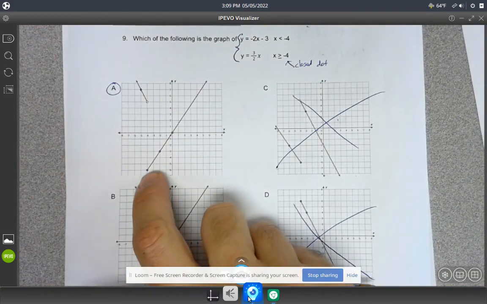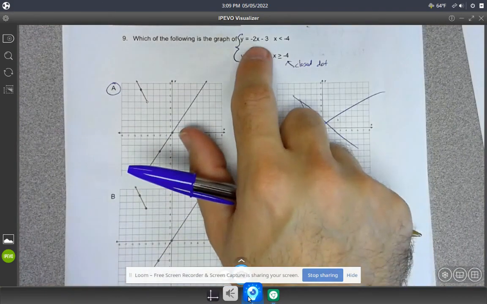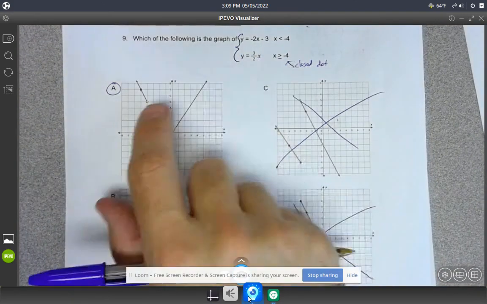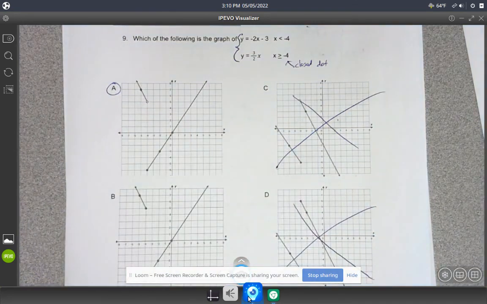Okay, it's got a closed dot right there. And then for the -2x plus 3 portion, it's got an open dot right there. Okay. B is the same graph, just the open dot and closed dot parts are different. So the way that you graph these